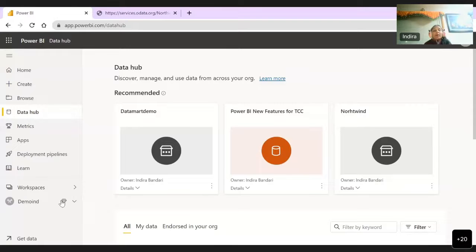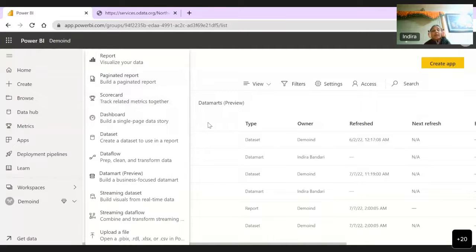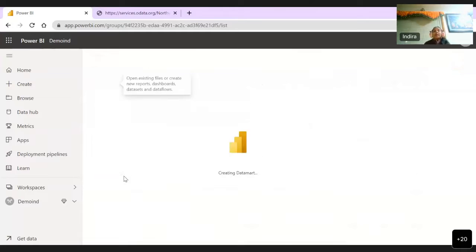So I can go into a workspace. I'm just going into this demo workspace. And if you click on New, there is a new menu item called Data Mart preview. So it's still in preview, but you can still use it. I'm going to click on it, and what you're going to see now is